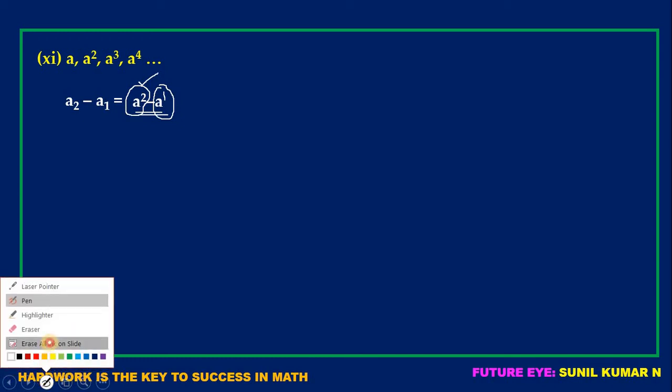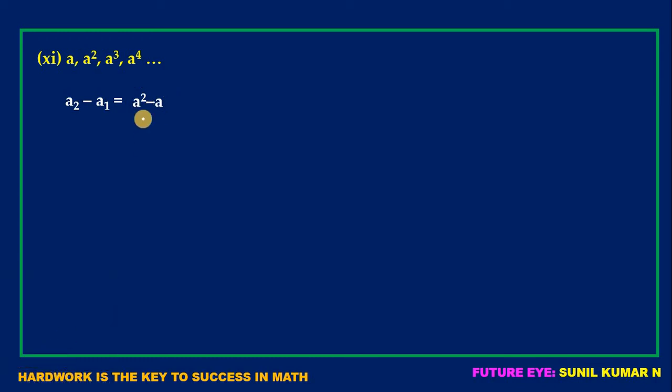Then how do you solve this one? Here you have to take a common factor. Here 2 times A is present and here only 1 time A is present. Hence, we can take A as the common factor. A I have written outside. Hence, in the first term place, only A will be left out and in the second term place, 1 will be left out because A we have taken as the common factor.